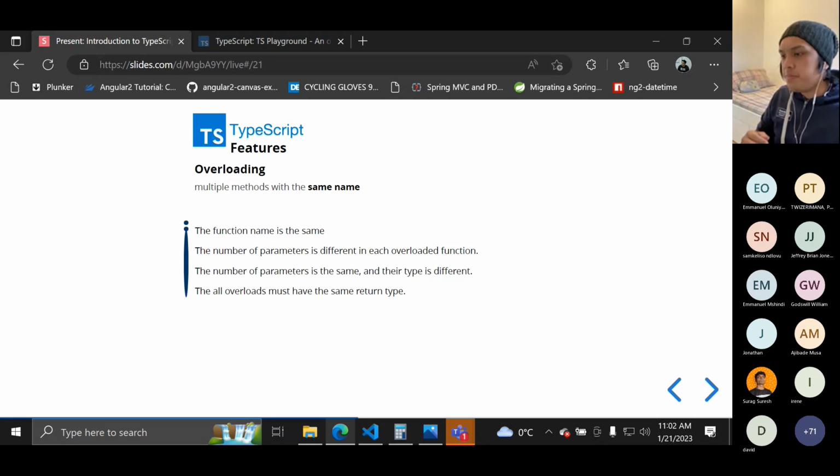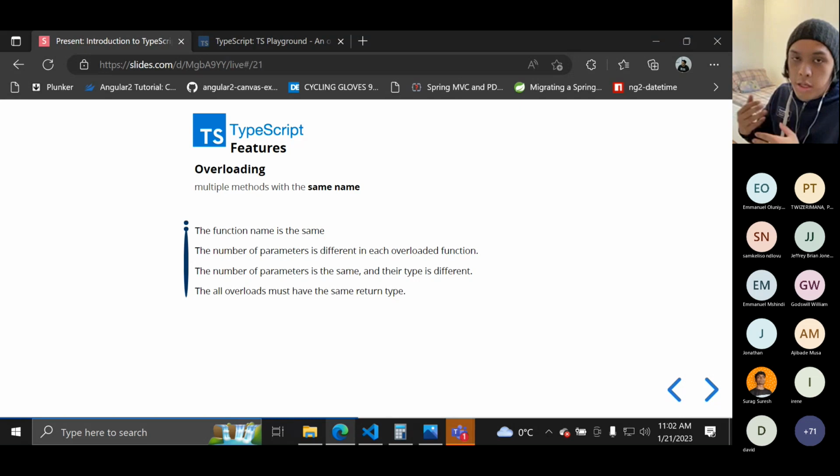Yes, I've been mentioning OOP already. You might know that TypeScript also has the four pillars of OOP, and one of these is overloading: multiple methods with the same name. They have these four pillars of OOP, but they might differ in the rules on how you use them.